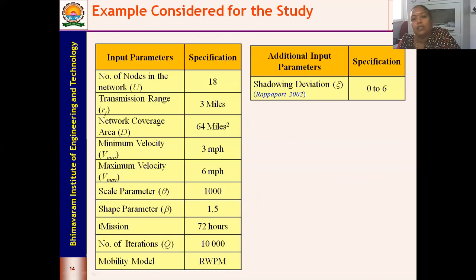We are considering psi, which takes a value between 0 to 6. Again, this depends upon the environment which we consider, and we can find all the parameters under different environments in the book by Rappaport 2002, or in the paper published by Rappaport in 2002. All other remaining parameters are the same as in the case without capacity.